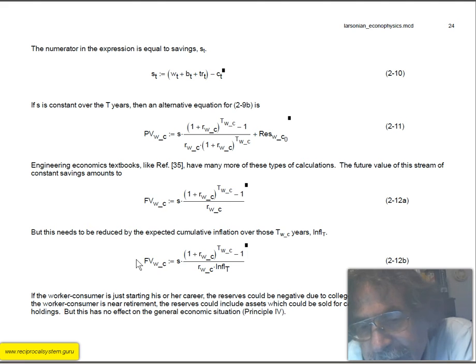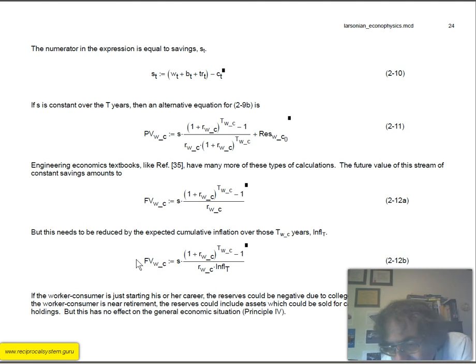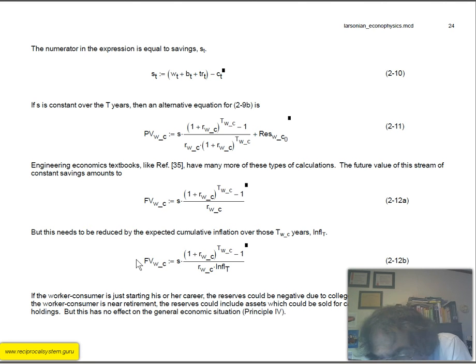But this needs to be reduced by the expected cumulative inflation over those T sub WC years, and the symbol for that is inflation sub T. So that's the cumulative inflation. So we have to take that expression 212a and divide by the cumulative inflation in order to get the true